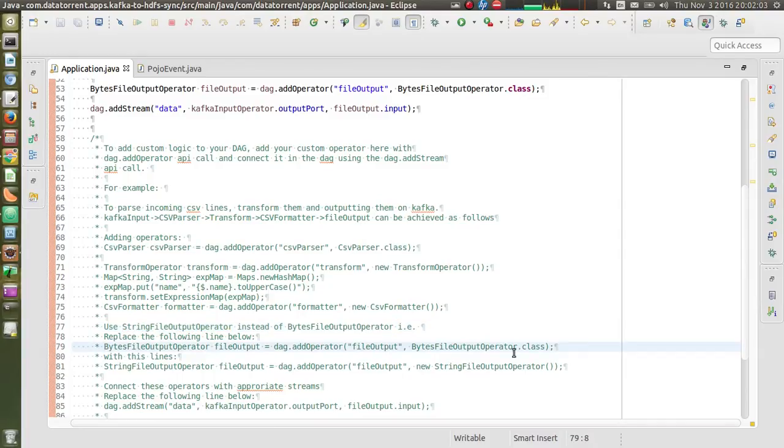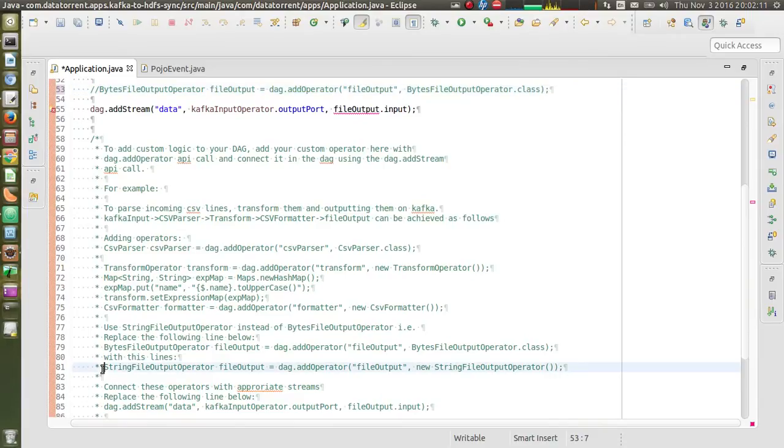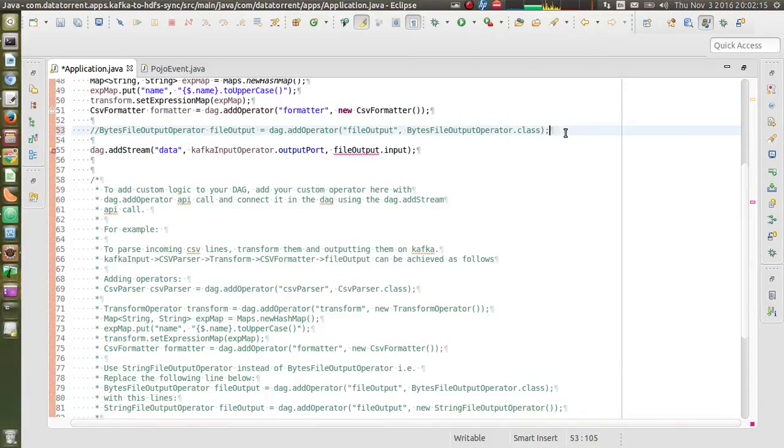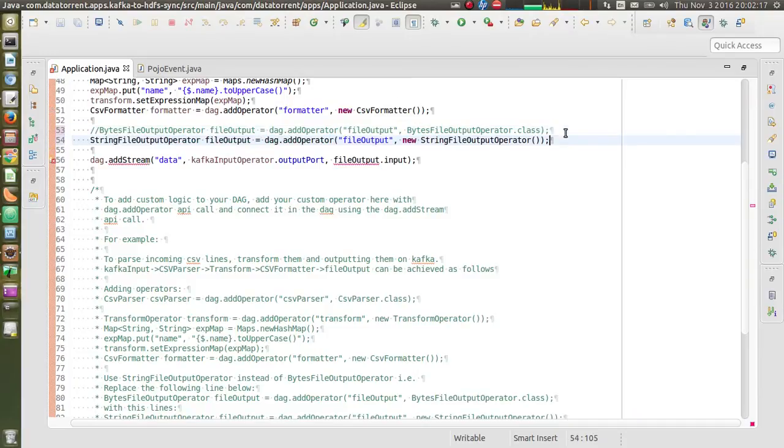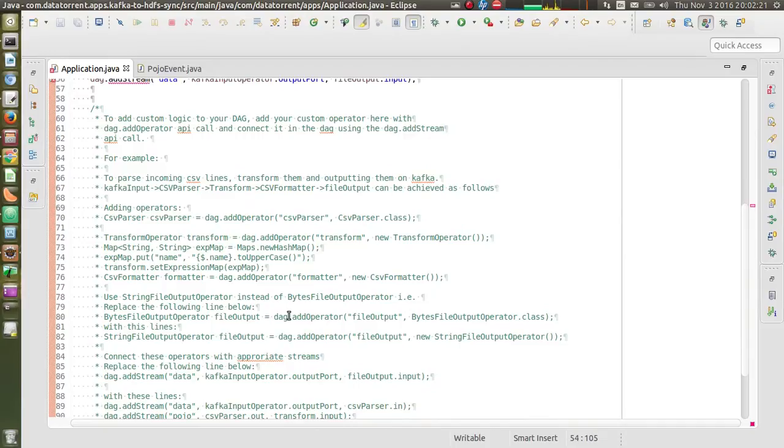So we will replace this particular line over here. I will comment out this line and introduce the new operator, string file output operator. Okay,